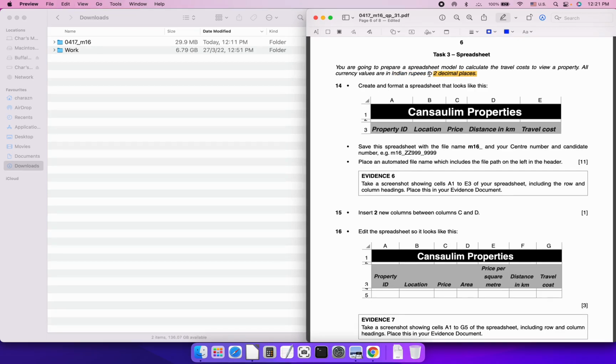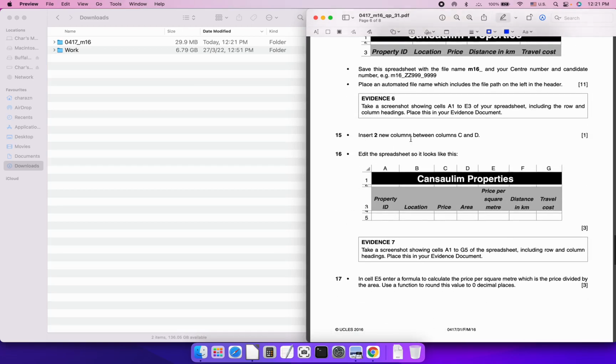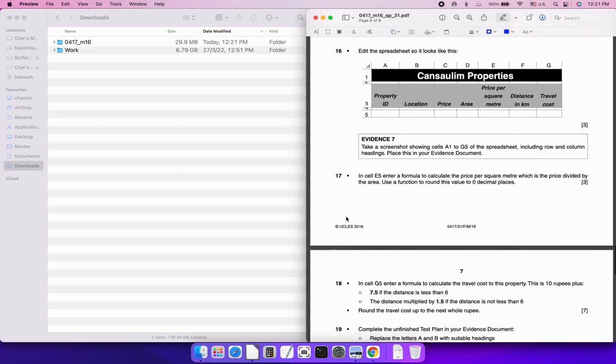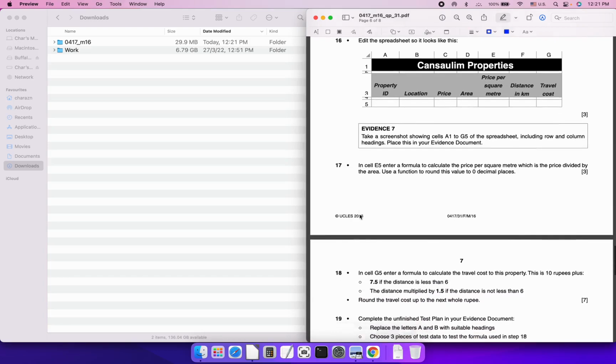Okay, maybe undo and select it again. Yes. Okay, and save that. 14. Create and format a spreadsheet that looks something like this. Notice that row 2 is somewhat hidden. Save this as your name, automated file name, screenshots, 2 new columns. It looks like this. 4 as well, it looks a bit hidden. Some screenshot, enter some formula,